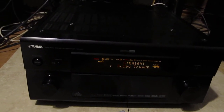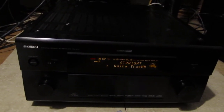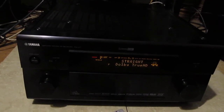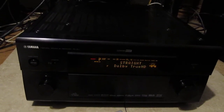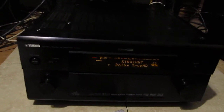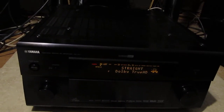You only need to compare it to 2-channel because this has the DTS Master audio and Dolby TrueHD, which is superior in 90% of the cases to just regular Dolby. Well, it's always superior, but some receivers have such a good preamp section that they still sound better in the earlier version. But anyway,